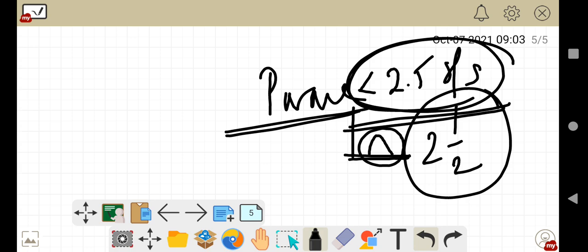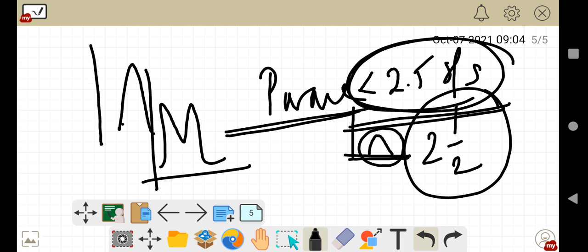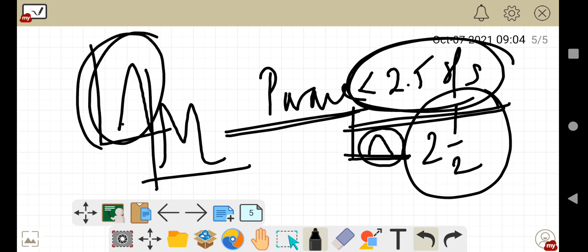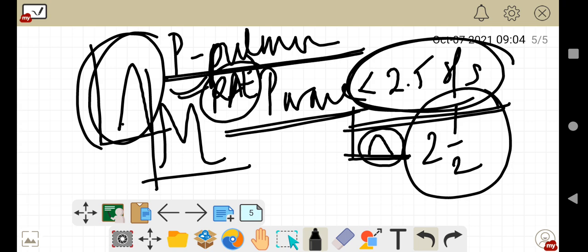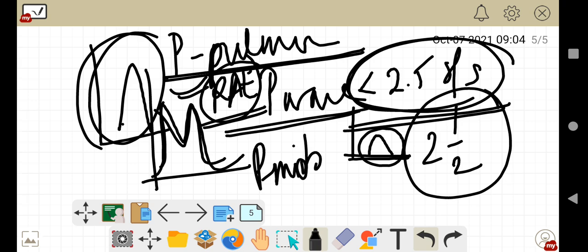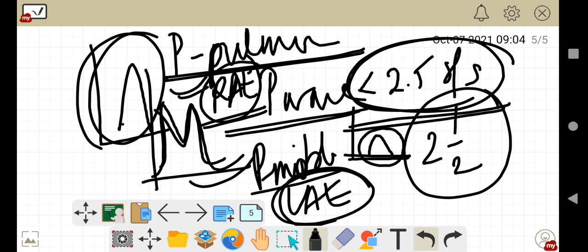Now there are some abnormalities, like there may be a tall P wave, or there may be an M-shaped one, right? This tall P wave is known as P pulmonale, correct? P pulmonale is seen mainly in right atrial enlargement. This has been asked right before. Why will you see P pulmonale? In right atrial enlargement. This one is P mitrale. Let me write it. P mitrale is mainly seen in left atrial enlargement. This has also been repeated, right? P mitrale is seen in left atrial enlargement, and P pulmonale is seen in right atrial enlargement, correct?